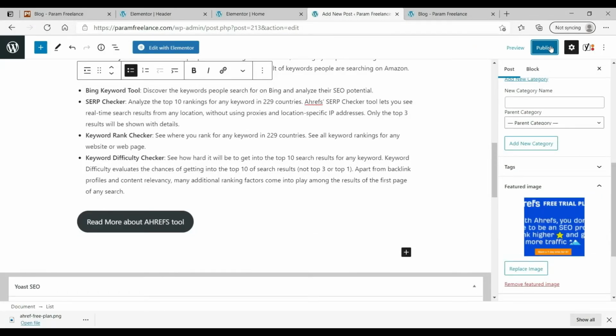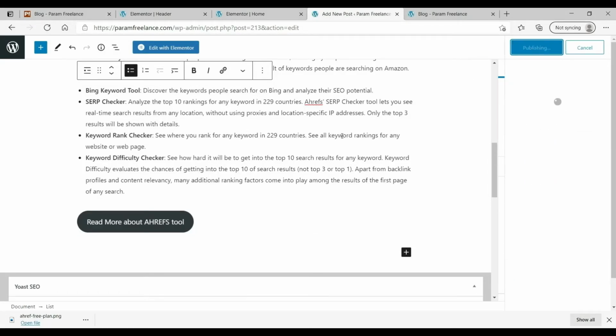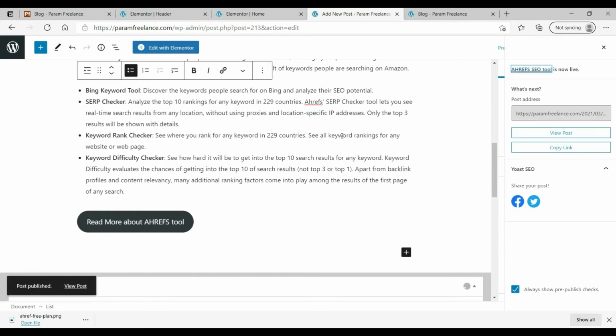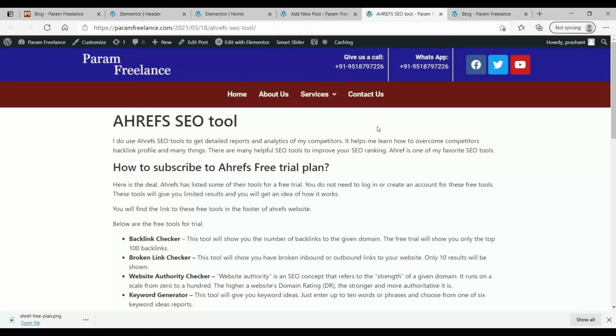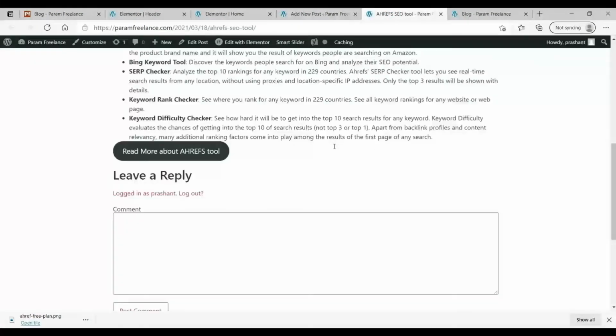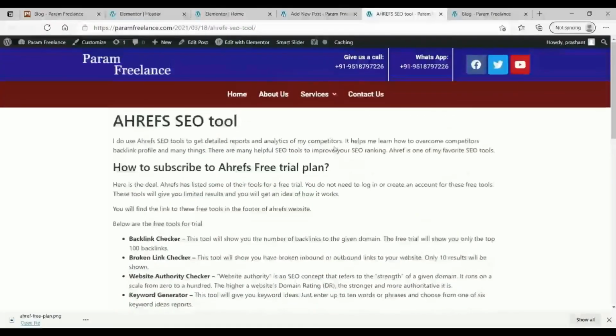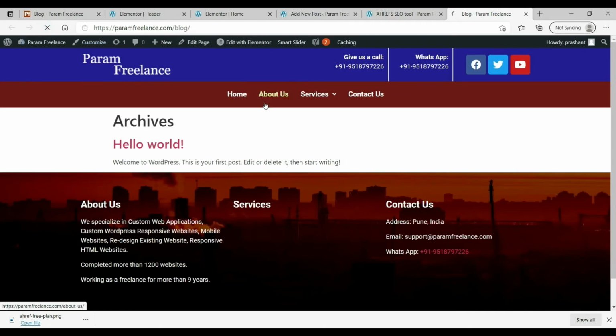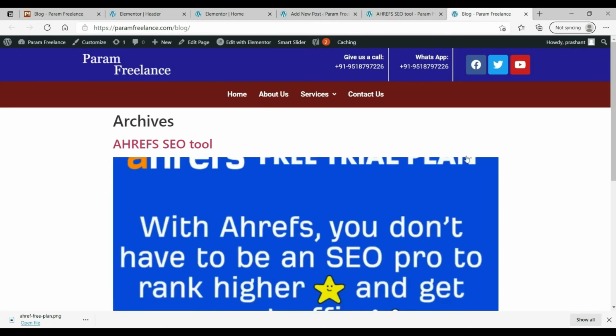Now click on publish. Okay, so now we have got one blog post here. Let's see how the post will look. So this is how the post will look. Okay, now let's refresh this blog page. Okay, this is how it looks.